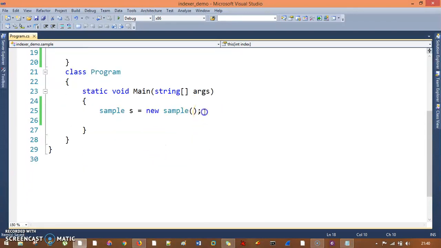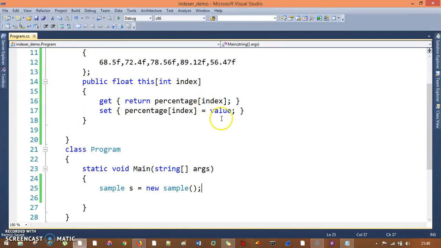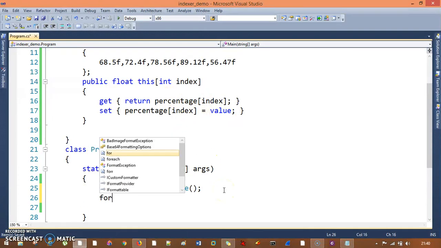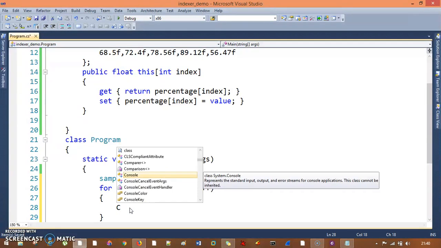Now let me call all these values. Now I can actually call this percentage and index. Index is going to be 0, 1, 2, 3, something like that. So now in my main method, I'll try to manipulate this, and I try to call those values. So I'll take a for loop, I say i is smaller than 5, and then I'll say